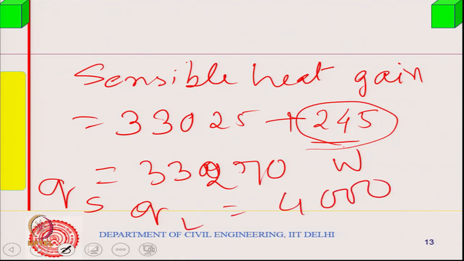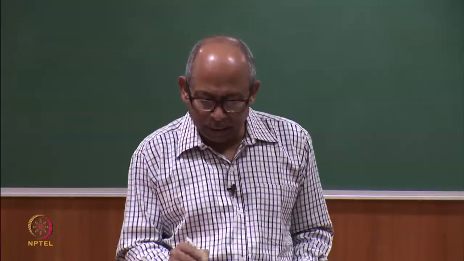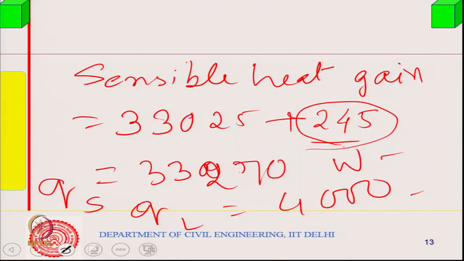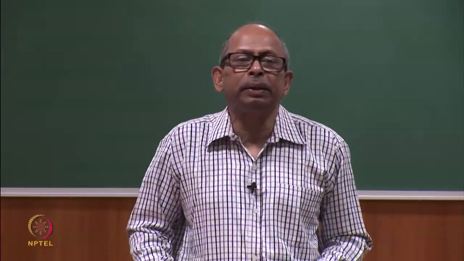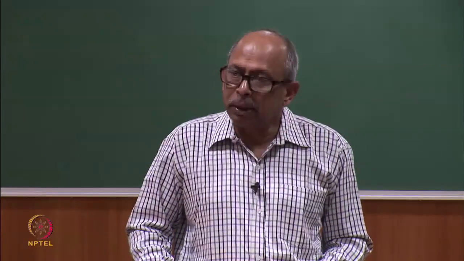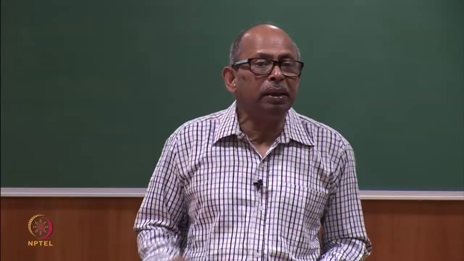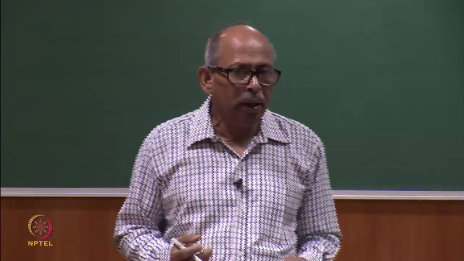Next step, I want to find out the mass flow rate. This must be the heat removed, sensible, whichever is higher we take that. This is usually much higher. So, this many watts of sensible heat is to be removed, and if the mass flow rate of supply air is m, then m into specific heat into delta T is the amount of heat it will remove.